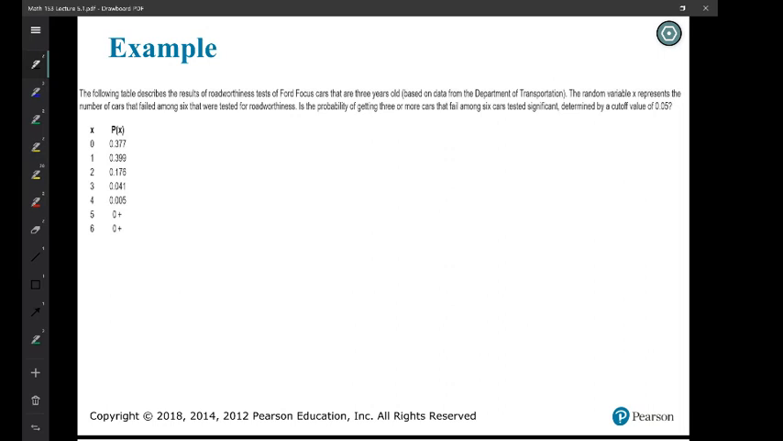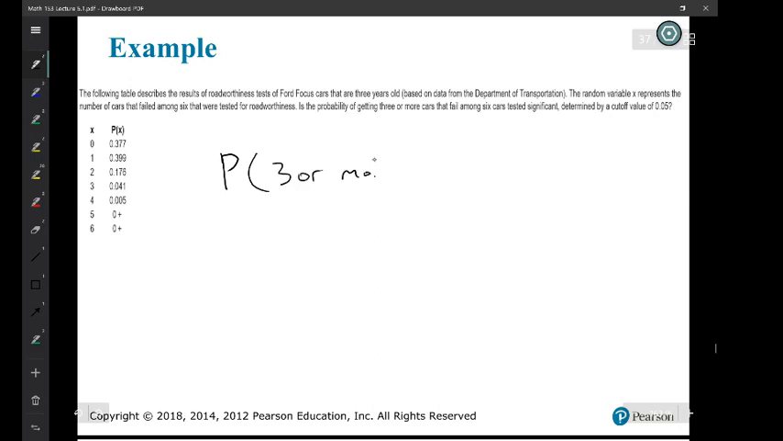This table describes the results of roadworthiness tests of Ford Focus cars that are 3 years old. The random variable represents the number of cars that failed among 6 that were tested for roadworthiness. Is the probability of getting 3 or more cars that fail among 6 cars tested significant, determined by the cutoff value of 0.05? So the probability of